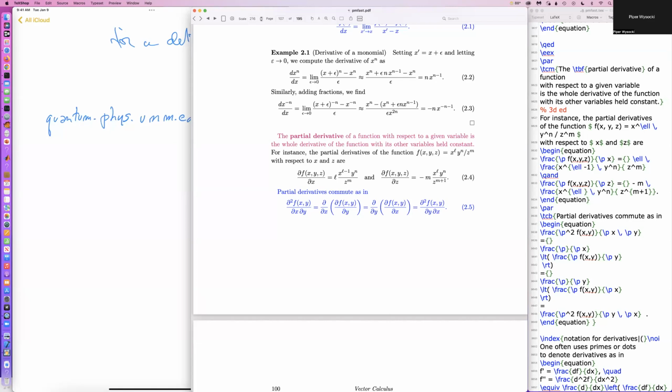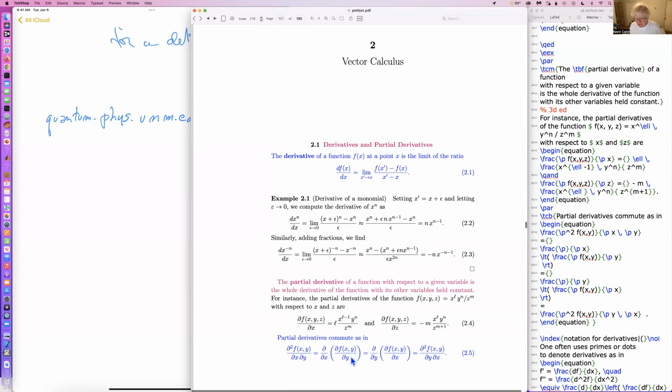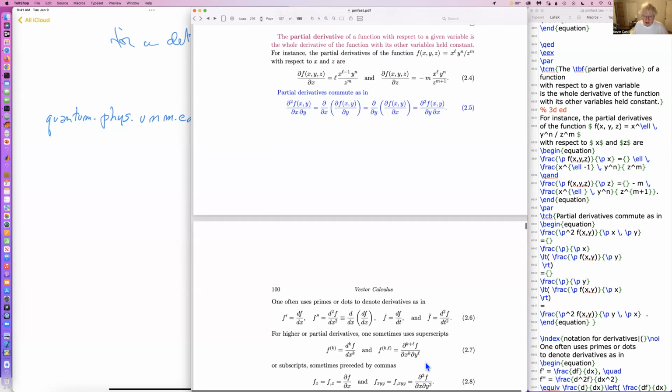So I first want to mention a couple of things that I should have said last time, which was in fact yesterday. One thing is that I should have mentioned explicitly that partial derivatives commute. The derivative first with respect to y and then with respect to x is the same as the derivative first with respect to x and then with respect to y. I'm sure you know that, but it's worth